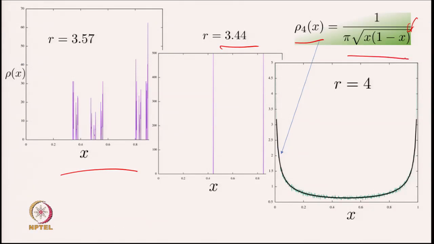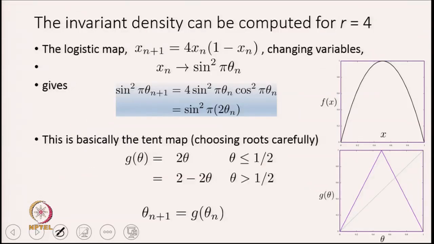Given the fact that you have a nice formula describing it, it is worthwhile trying to see how you can derive it. And this invariant density can actually be computed for the value of r equals 4. To do that, it's useful to change variables. From the logistic map, you note that x is a positive number that lies between 0 and 1. So, the transformation over here is to a variable theta, x goes to sine squared pi times theta, and you can see that theta now lies between 0 and 1,